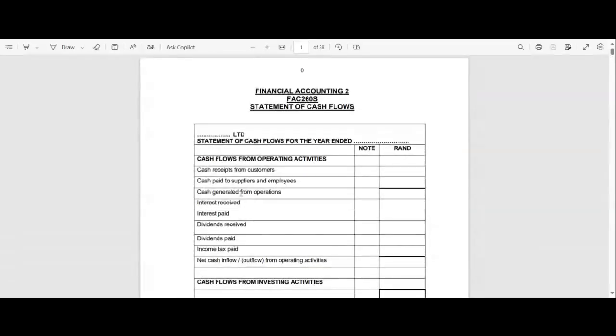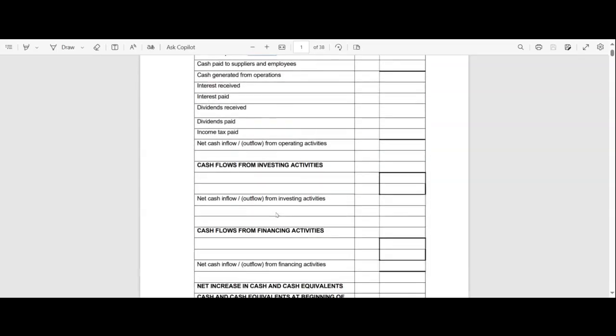Let me repeat that. Why is inventory a working capital item? Why does it relate directly to operations? Because we source our inventory from suppliers and we sell our inventory to customers, right? So clearly, inventory is part of our day-to-day trading, our operations. So we have to go and see by how much did our inventory increase from the beginning of the year and how much did it decrease. And that is to eliminate the effect of accruals so that we can convert that little profit, operating profit, to a cash flow.